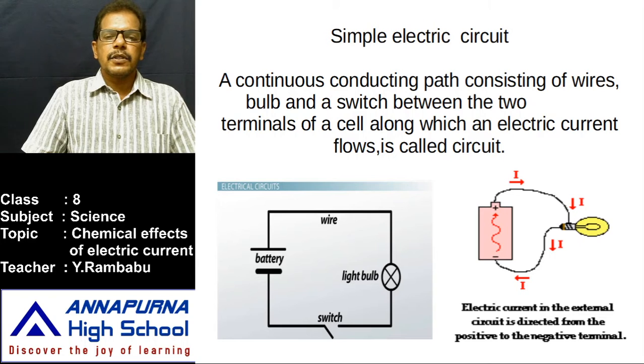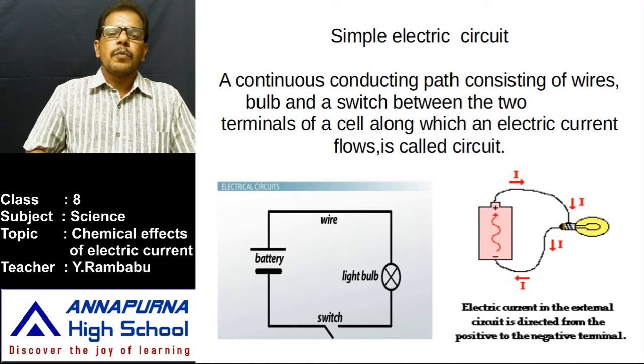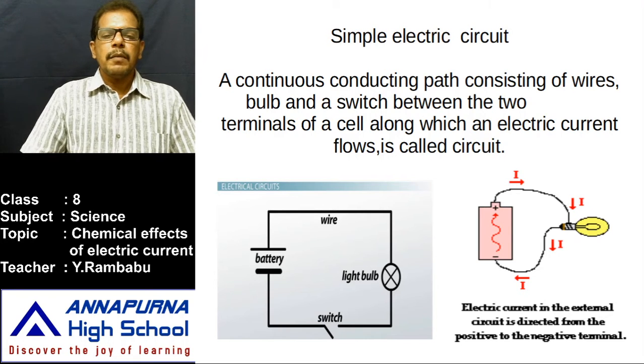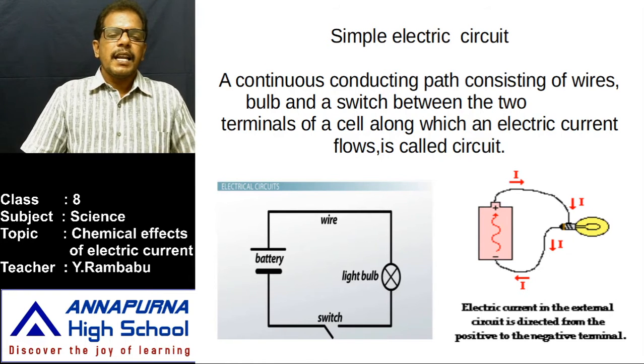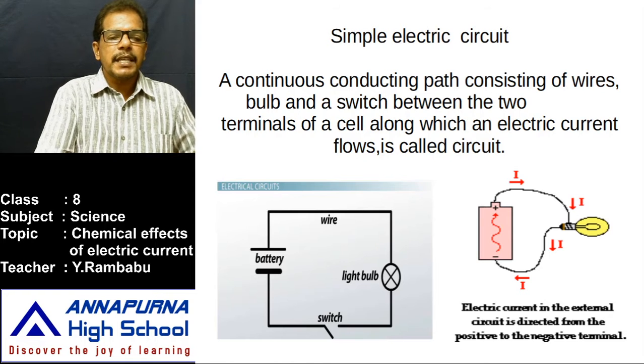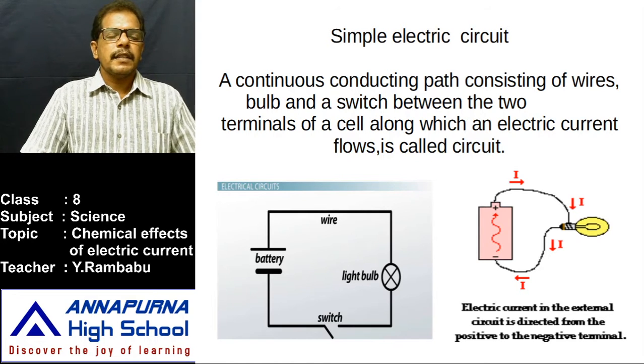And in this circuit, is there any disconnection? No. That means everything is connected with conducting wires. There is no gap at any point in the circuit. Then automatically the charges are in motion. That means it is a continuous and closed path for the flow of charges. That's why the bulb glows. But in the left side circuit diagram, the switch is in off position. Then the bulb doesn't glow. That means here the circuit is broken. There is a gap in the circuit. Then here it is not a continuous and closed path.